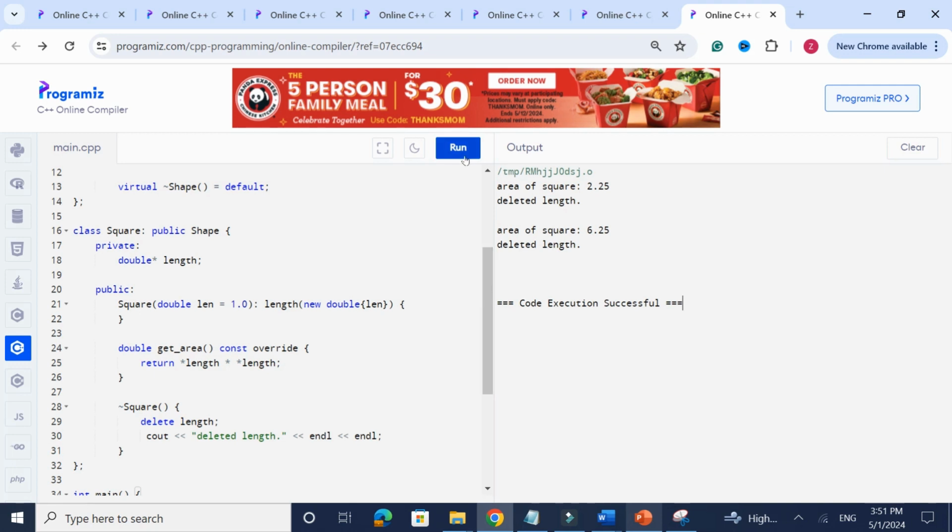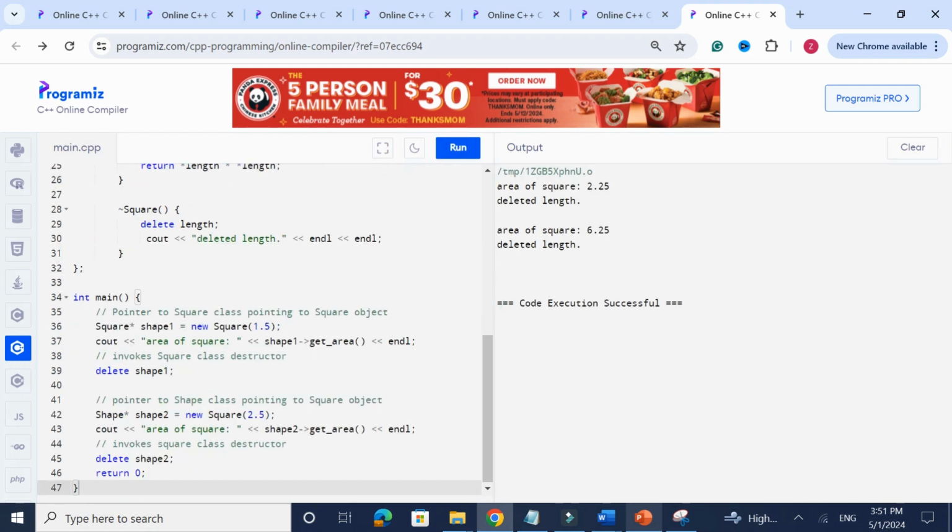Okay, and when I run this, in the main function I create a square. The area of the square is so and so, and then I say delete shape 1. Then I say shape 2 is a new square, and the area of the square is such and such, and then I say delete shape 2. So both squares had different areas. That's understandable because the constructor took in 1.5 for this one and 2.5 for this one. Now you see this deleted length,